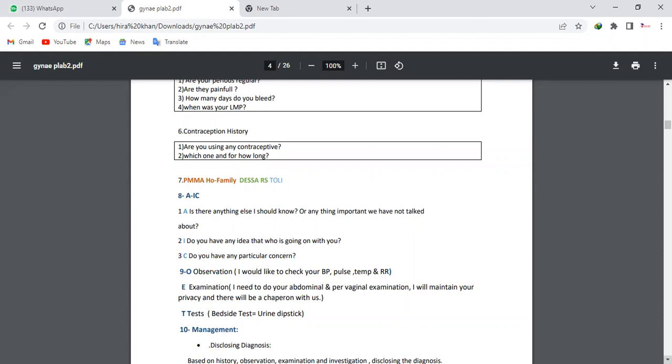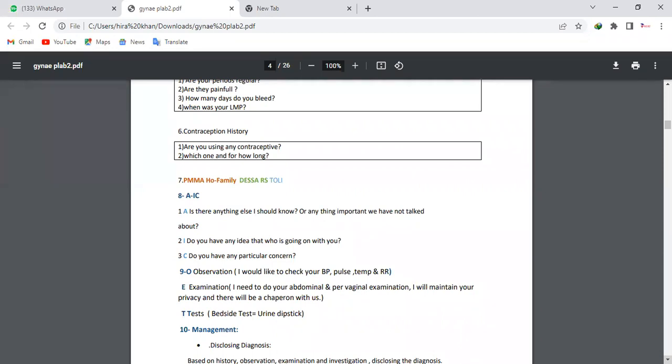Sometimes the patient might not say anything, but from the body language you can get a clue that your patient is in trouble. She is not smiling, she is in some kind of trouble or stress. So you should ask if she seems to be worried. Otherwise, do not assume on your own. Do ask, you seem a little bit worried, do you have any concern? That would play a very important role in your IPS, people.